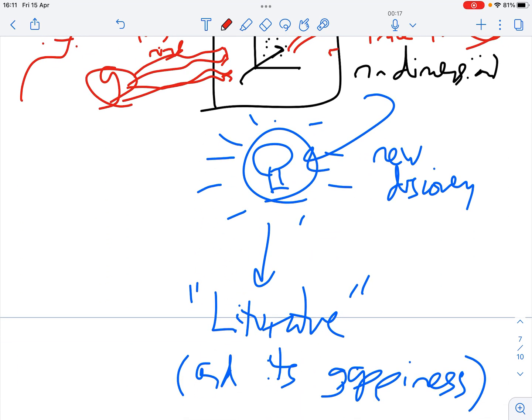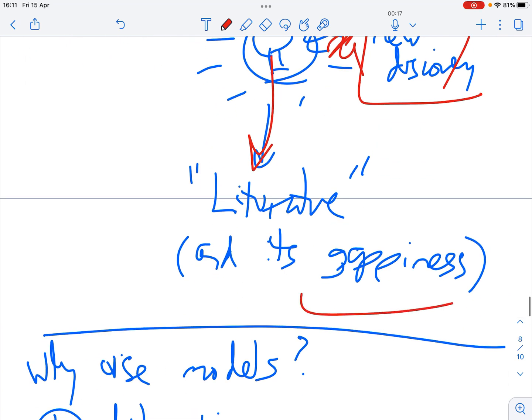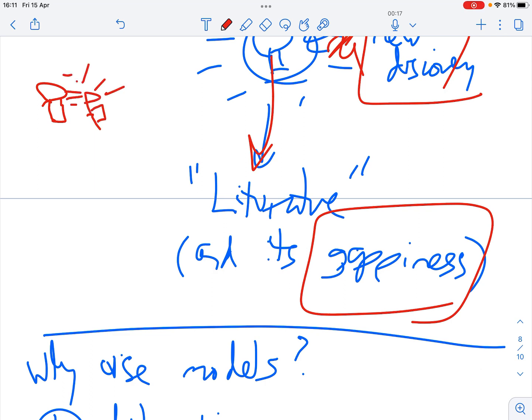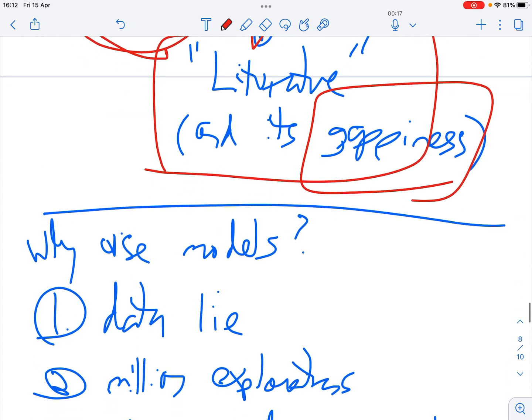And so finally we do this, we get a new discovery, and we go to the literature and we say, the gap. We're all focused on gaps in the literature. Other people have thought these great ideas in the past, and those are supposed to be lights shining for our genius. And we have this new light going, and we say, this is a new discovery. We've made this valuable contribution.